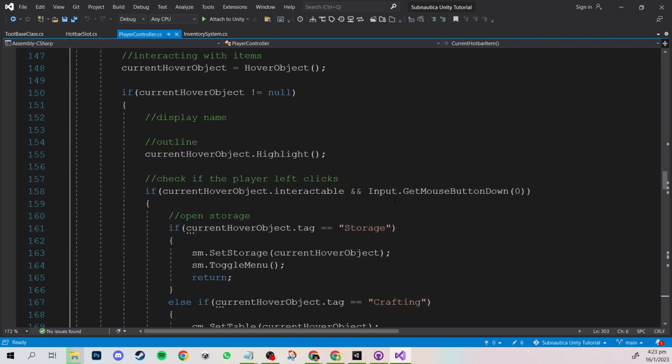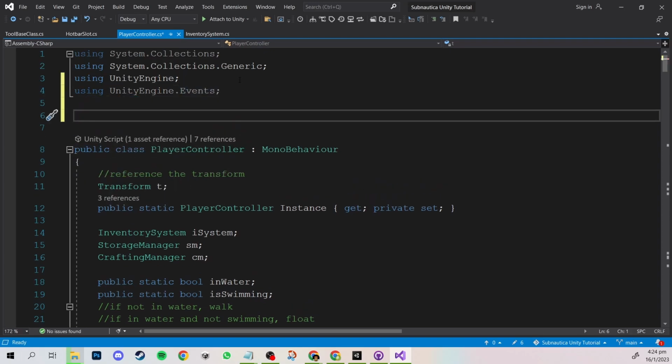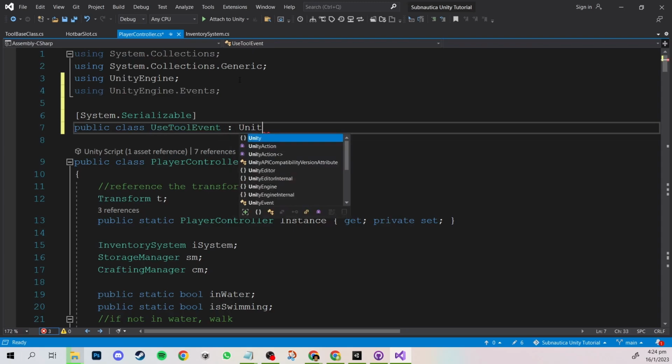Next, we need to go back to player controller. So in order to implement usage of tool, we need to create a Unity event. I'm going to call it the useTool event. In order to do that, I have to create a new class. I'm just going to do it right at the top of player controller because this is where we'll be